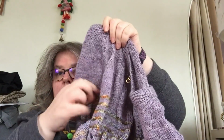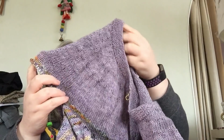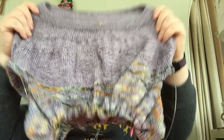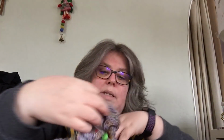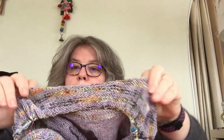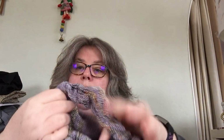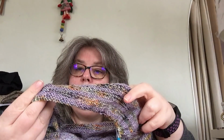I've split for the sleeves. So I've done the yoke, all the raglan shaping. It's a raglan. No, it's not a raglan because you're not increasing here. And now I've started the stripes, and the reason it's called Sides and Stripes is because on the side under the arm hole, so all the way down, you have this, so it's stockinette, and then you do this garter panel on both sides under the,